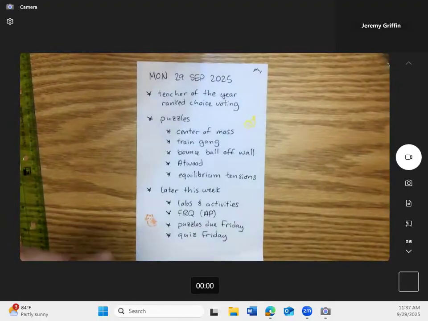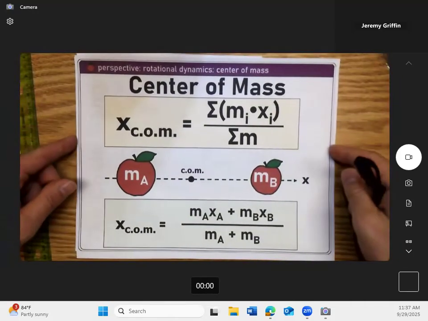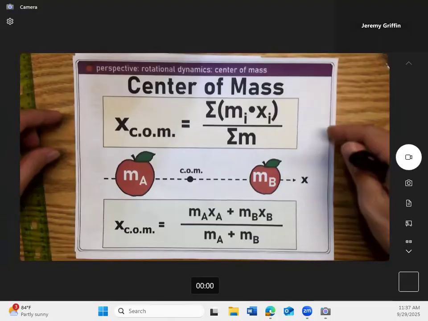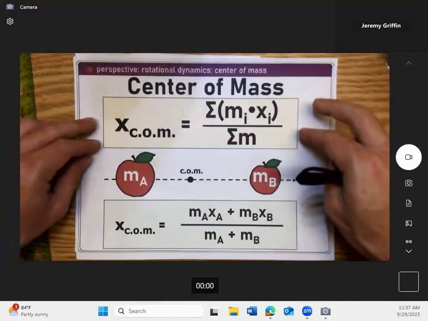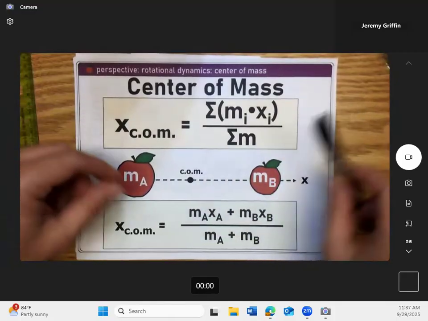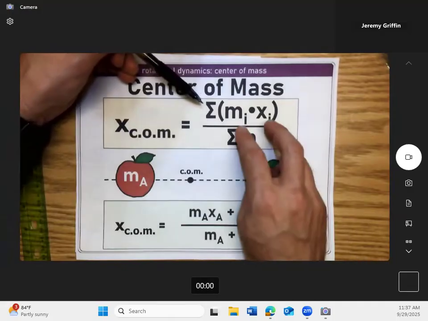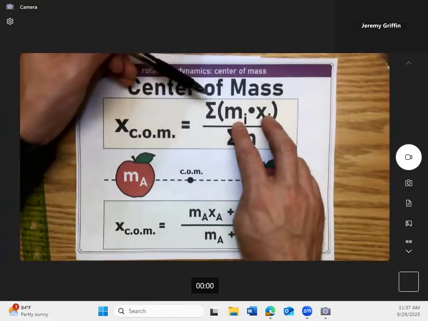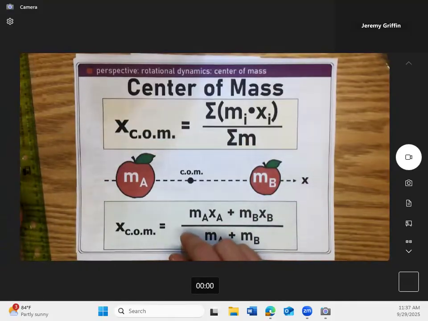Right, now the center of mass. Every physics textbook has this in a different chapter, so it's kind of weird, but this will show up on an upcoming AP classroom. To find the center of mass point, all you do is get a weighted average. Can you guys read this equation? What is this symbol right here? Yeah, sigma, or summation. You're adding up all the mass times location, and then you're dividing by the sum of the masses. And that gives you, effectively, the average location.